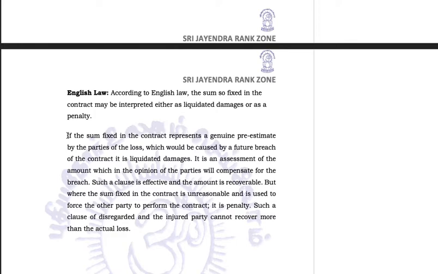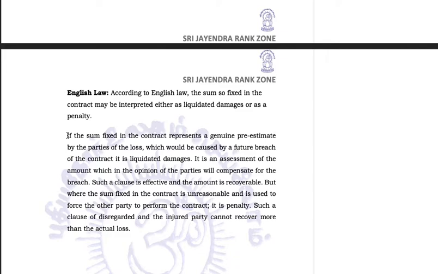According to English law, meaning law applicable in Britain, the sum so fixed in the contract may be interpreted either as liquidated damages or a penalty clause. When you have prefixed damages, the clause we discussed as prefixed damages, in England we call them liquidated damages or a penalty clause, that you will suffer this much penalty for committing breach of the contract. If the sum fixed in the contract represents a genuine pre-estimate by parties of the loss,